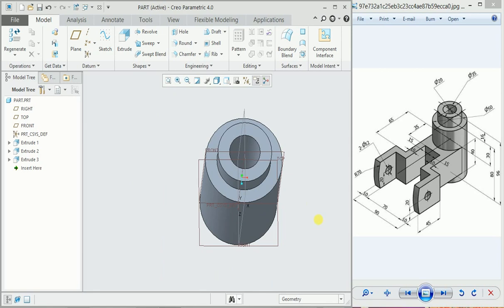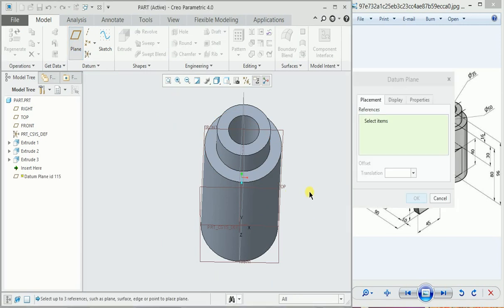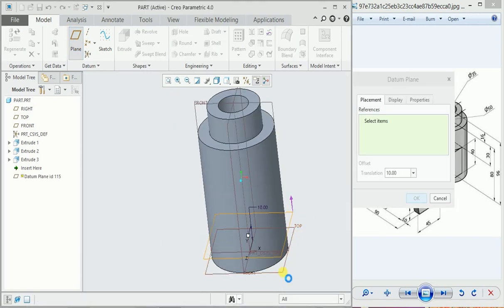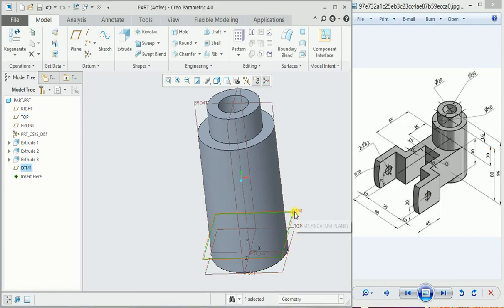Okay, now we have to create this portion, and this is 10 mm above the top plane, that is from the base. So for this, go to the datum, click on plane, select this top plane and give offset value as 10, enter, and OK. So this DTM1 is created here, that is 10 mm above the top plane. So click on extrude,